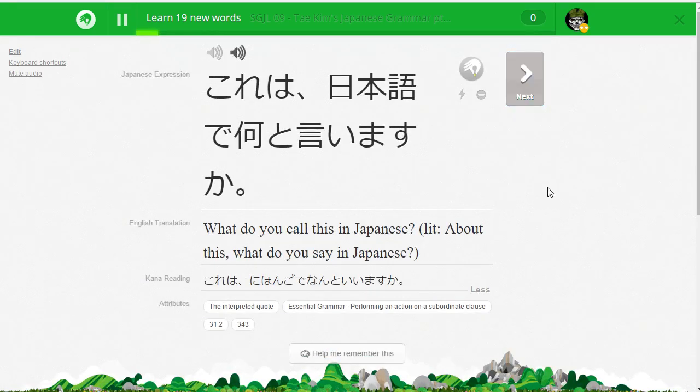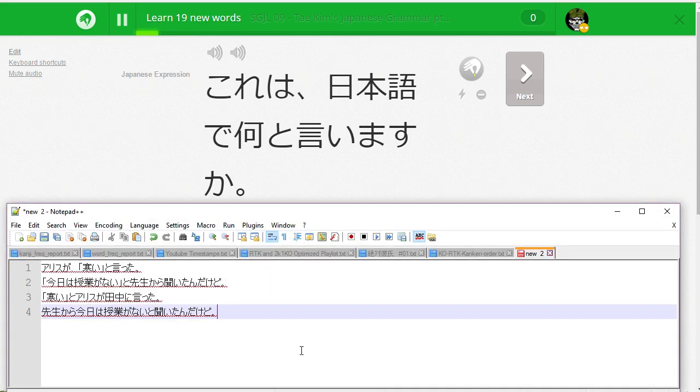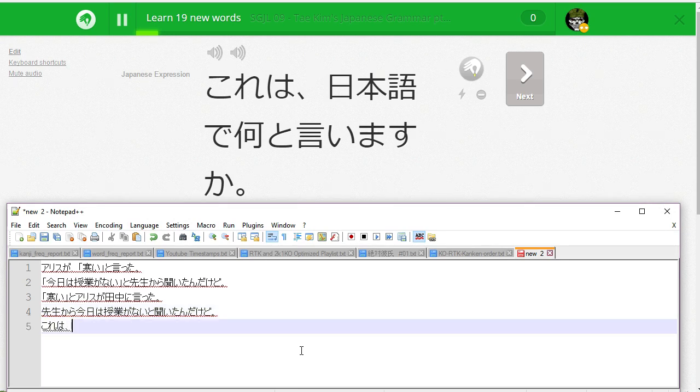And let's go next. これは日本語で何と言いますか？ What do you call this in Japanese? Okay, let's write this down. これは日本語で何と言いますか？